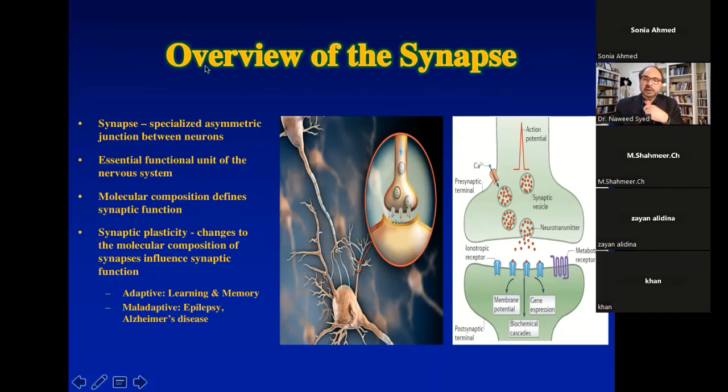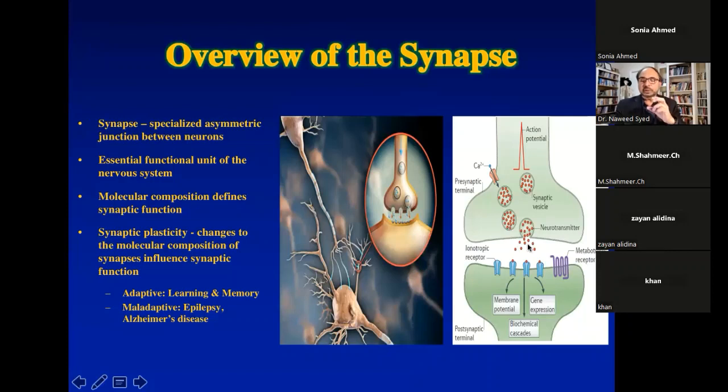And we know that during neuronal communication, an action potential comes through the presynaptic terminal and invades the axon. When it reaches the area of the axon, nerve terminal or synapses, it activates voltage-gated calcium channels. When voltage-gated calcium channels open at the presynaptic terminal, calcium comes into the cell. Calcium then binds to the synaptic vesicles that are carrying the packets of neurotransmitter and allows them to fuse at